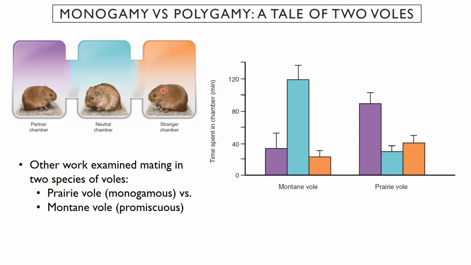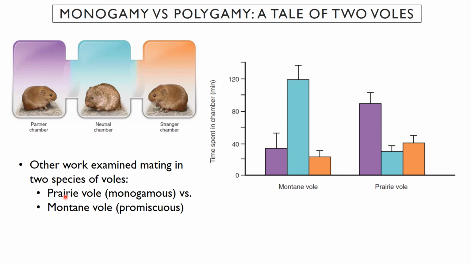There are two species of voles here that show differences. So the prairie vole is monogamous. That's the one we just talked about with the oxytocin and vasopressin. And then we have the montane vole, which is promiscuous. So if you do an experiment to look just at these species, this is great because now you have two species that are closely related. They show very different kinds of social preference, partner preference.